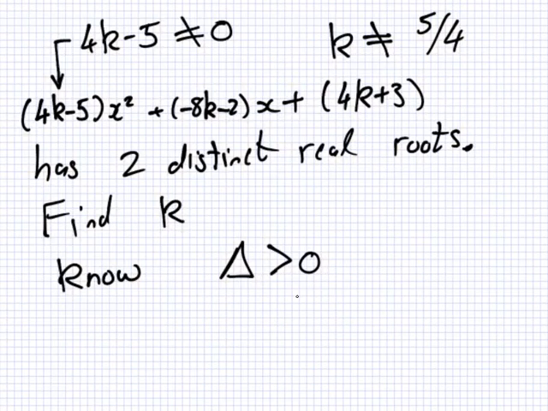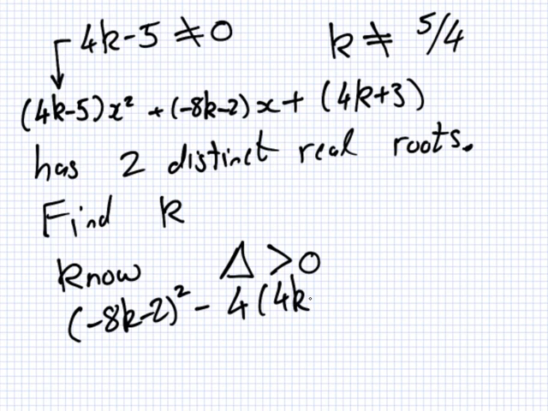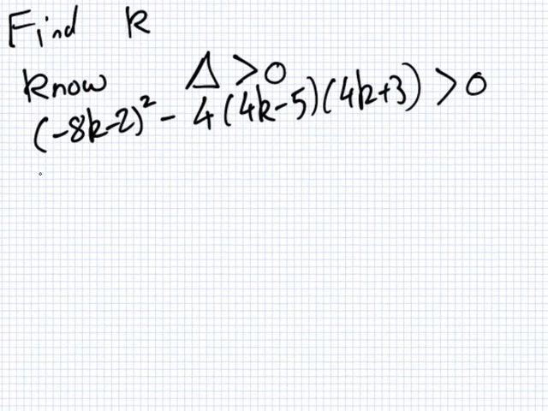As I was saying, we know the discriminant is positive, so we know that b squared minus 4ac is positive. Okay. We'll have to simplify this, of course. So let's simplify it. Opening this up, we get